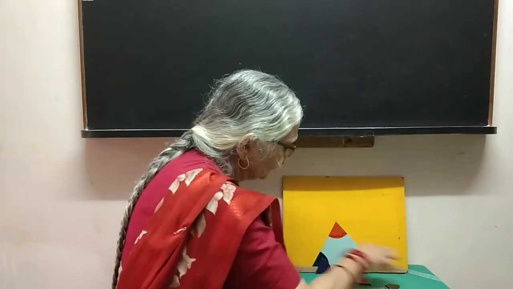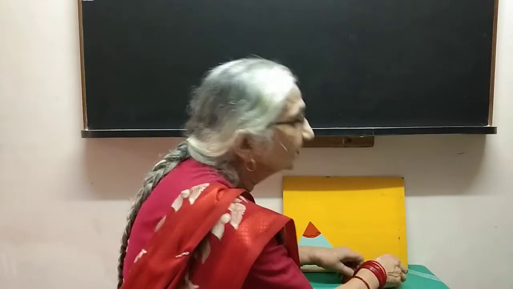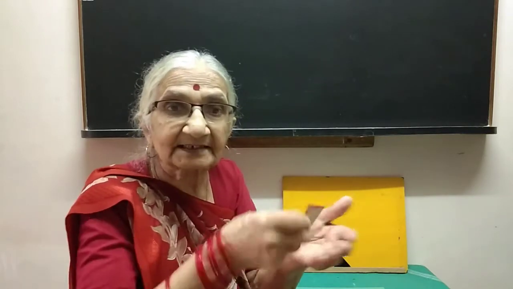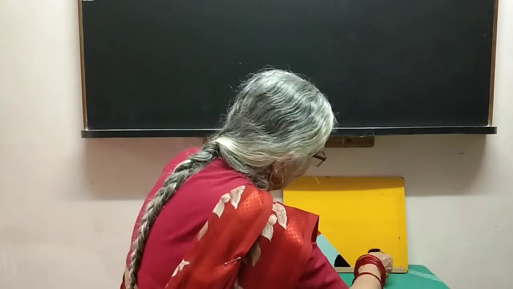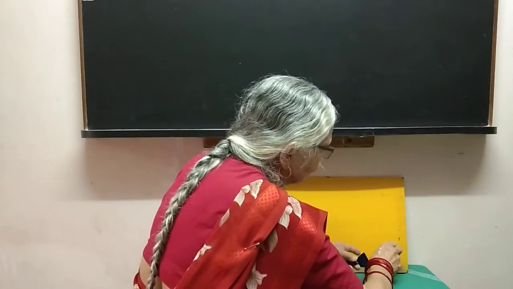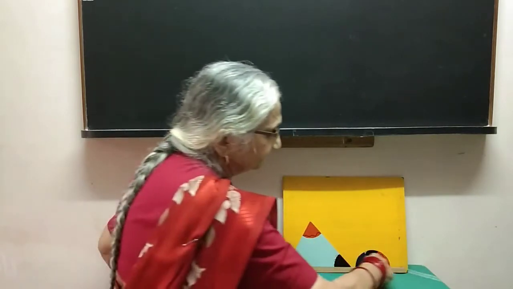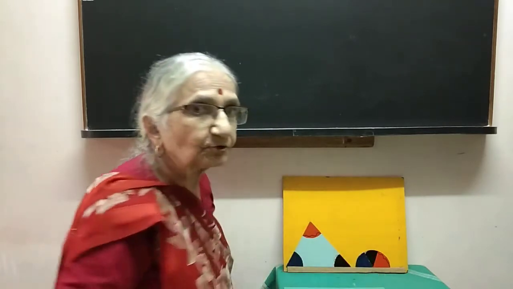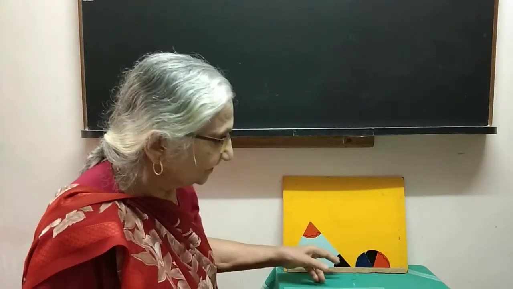Now we want the sum of the three to be 180 degrees. That means the sum of these three must be 180 degrees. When we add them up, it must form a straight line or a straight angle. So we take the first angle, then the second angle, not necessarily in that order, and you can see that they are all meeting together at this point and they add up to 180 degrees or a straight angle, and therefore the sum of these three is 180.